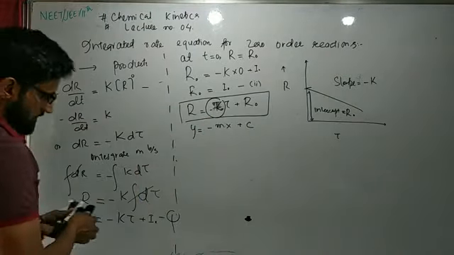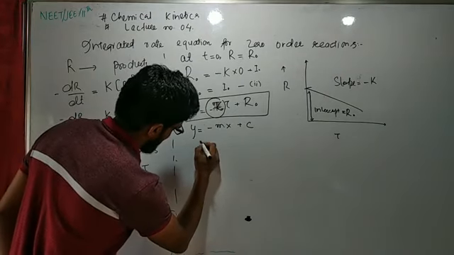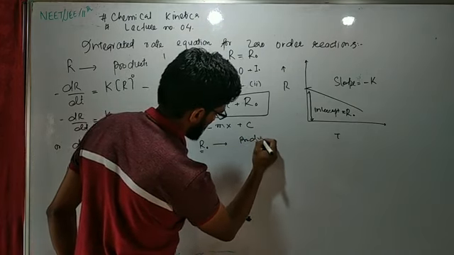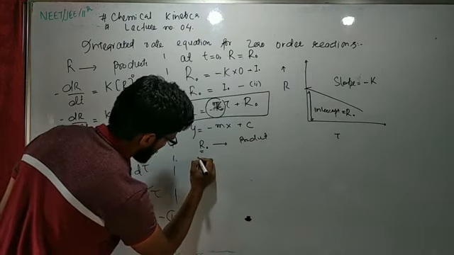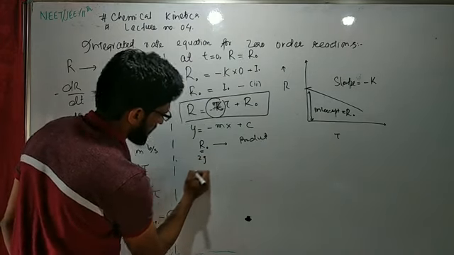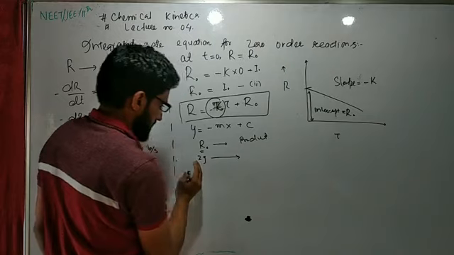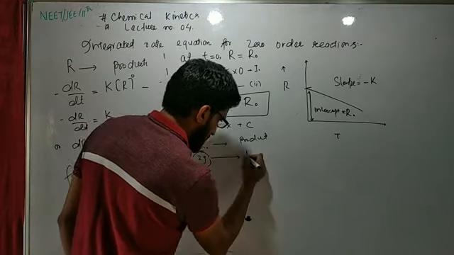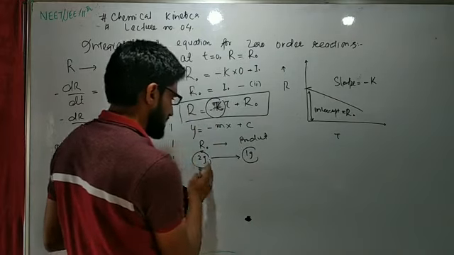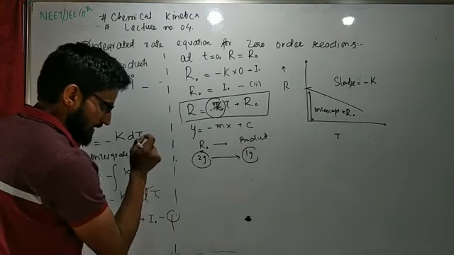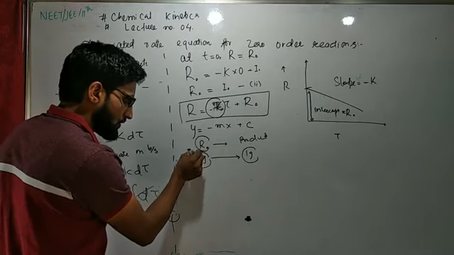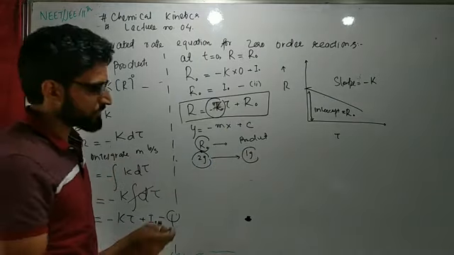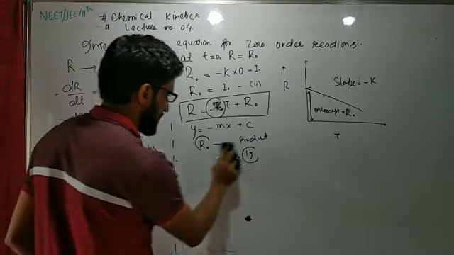Now, second point about this. For example, you start a reaction. This is the reactant R naught. It is converted into products. For example, you started with 2 grams of reactants. After some time, the reactants are converted into products. At some time, 2 grams will be converted into 1 gram. That means the concentration of the reactant is reduced to half. The time required by the reactants to reduce their concentration to half their initial concentration is termed as the half-life time of a reaction. Thus, the definition of half-life time.